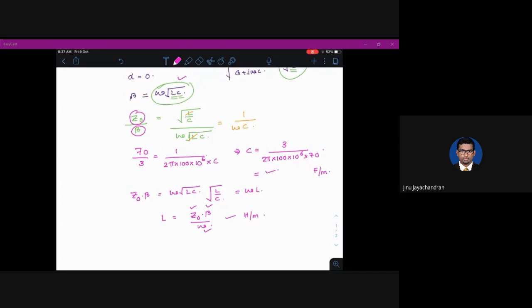If you have question 1, the first question has two parts, A and B. Most probably the A part will be a derivation and the B part will be a problem. So make sure you do the problems. We haven't done the problems too much in the class. The Smith chart we have already covered. If you want to have an extra session in which you want to discuss the problems, that is totally fine. Let me know if you want to have the discussion on problems and we will solve them.